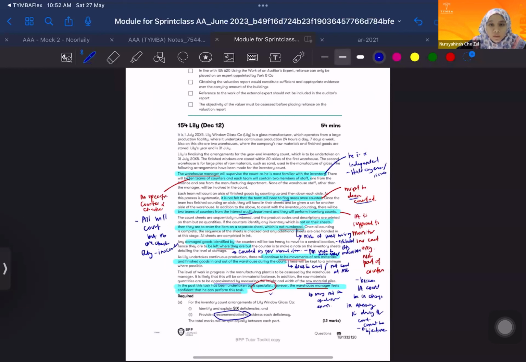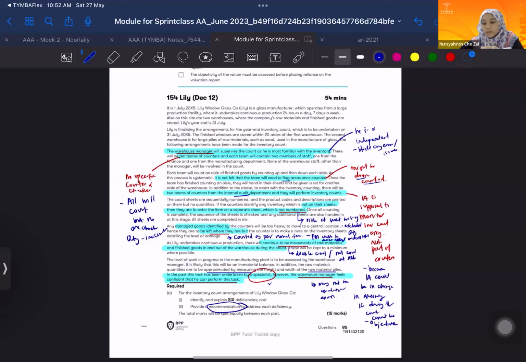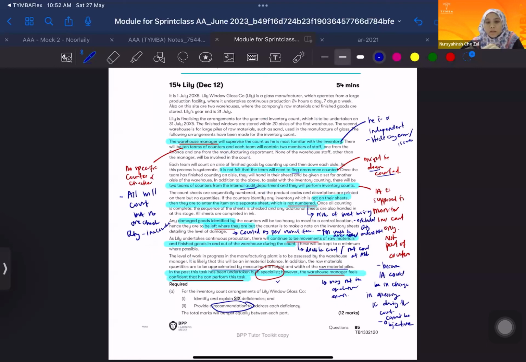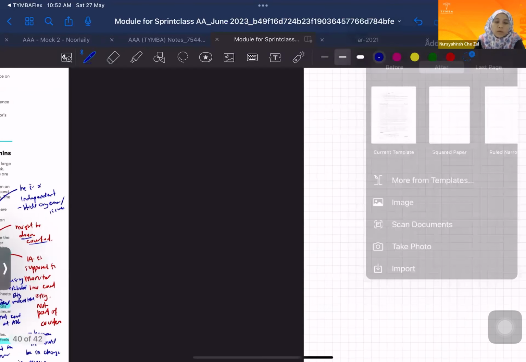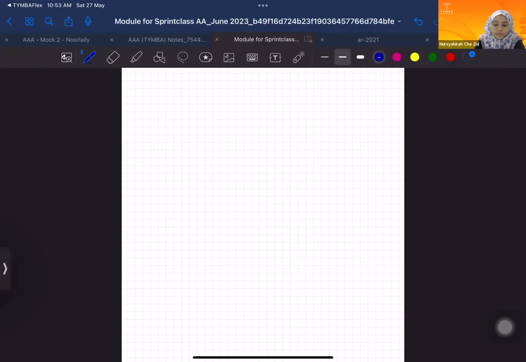Farzana, madam, tak boleh kau dia buat production on the day of inventory count, tapi dia buat separate. Okay, if let's say the company would like to still continue their operation, can only if the company have no choice. So this is the best practice. If production is still ongoing, the examiner will put in something like because there is an urgent demand, urgent order to be met. Okay, so the procedure is all the raw materials that should be used in the production